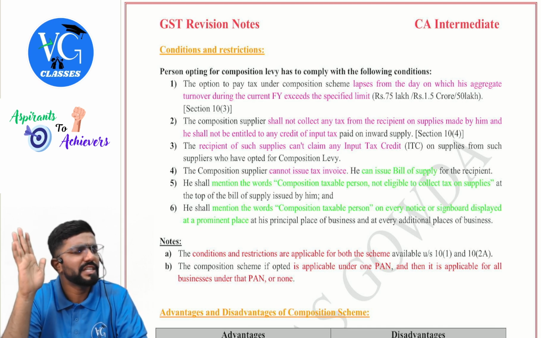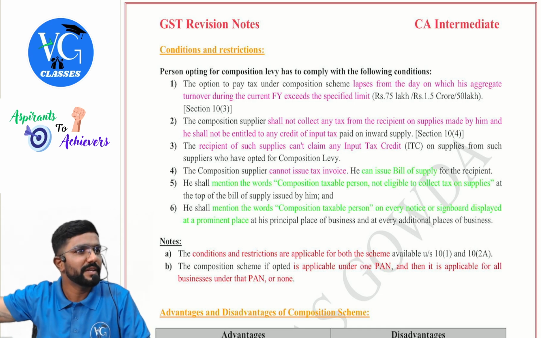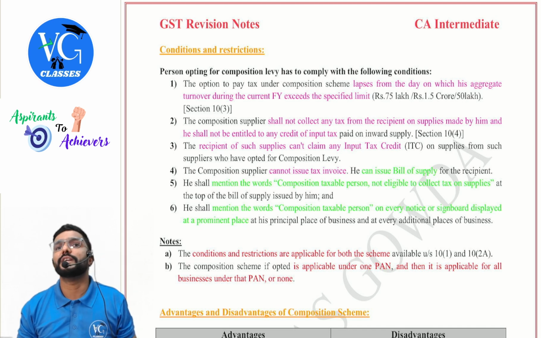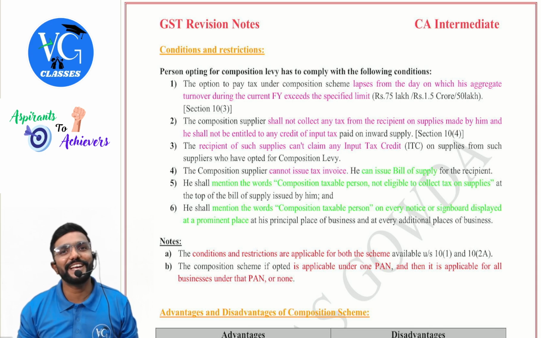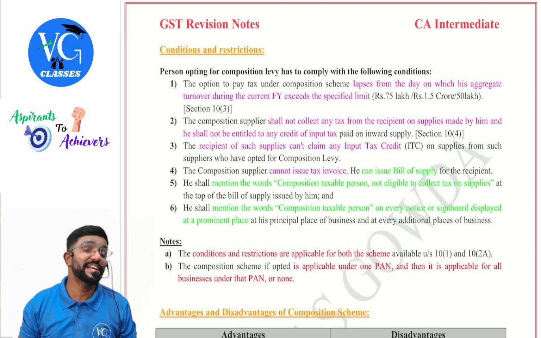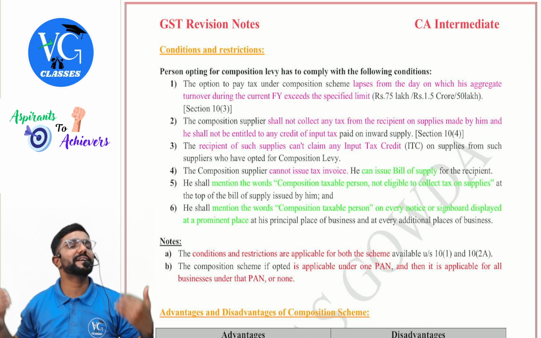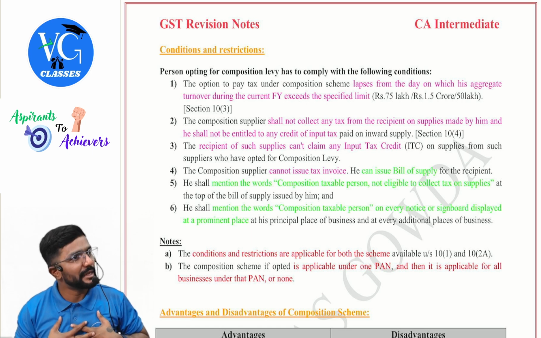Even if you violate any condition, for example, assume on 15th November I supplied goods outside the state. Immediately I become ineligible. Immediately I have to switch to section 9. Start paying tax at the normal rates. Once I go to section 9, can I claim ITC? Yes. Can I collect tax from my customers? Yes. Can I issue tax invoice to my customers? Yes. But if I am under 10, I have to pay tax out of my own pocket at concessional rates,